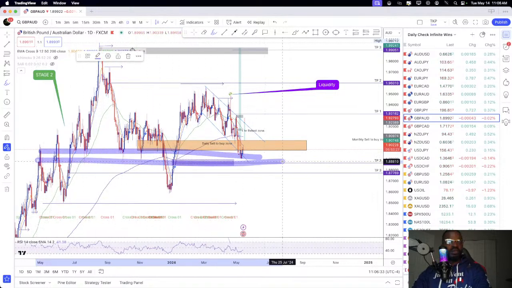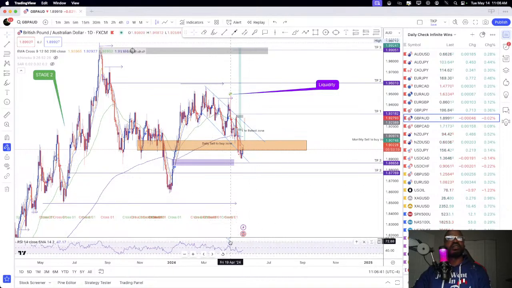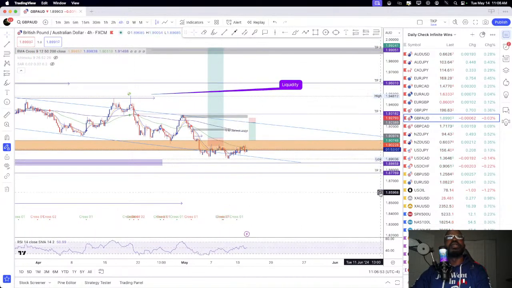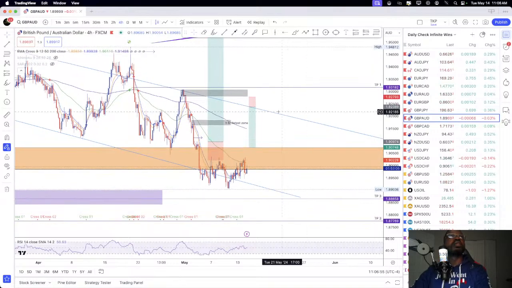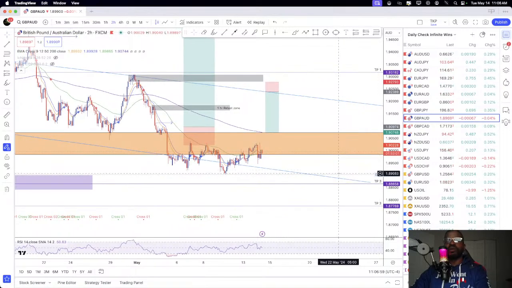Okay. So we could see a bounce from this level, right? It's a possibility, but the possibility of the fall is also there. And if we look at all of the EMAs, price is definitely still in a bearish sentiment on the daily, the 4 hour, the 2 hour. So what we will do